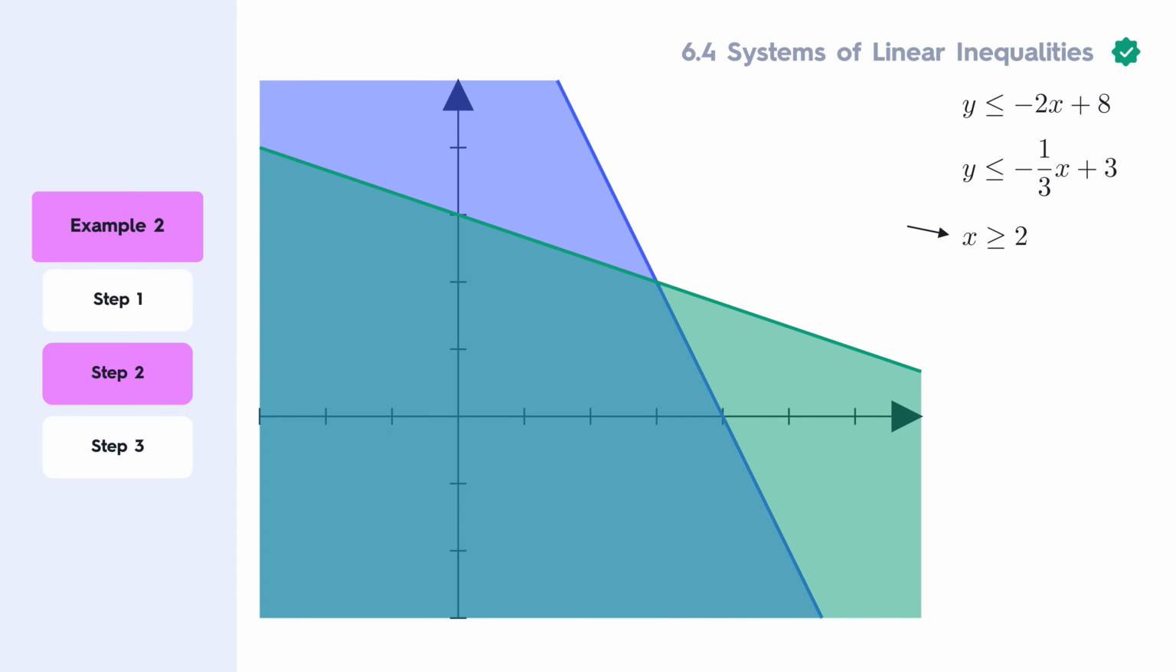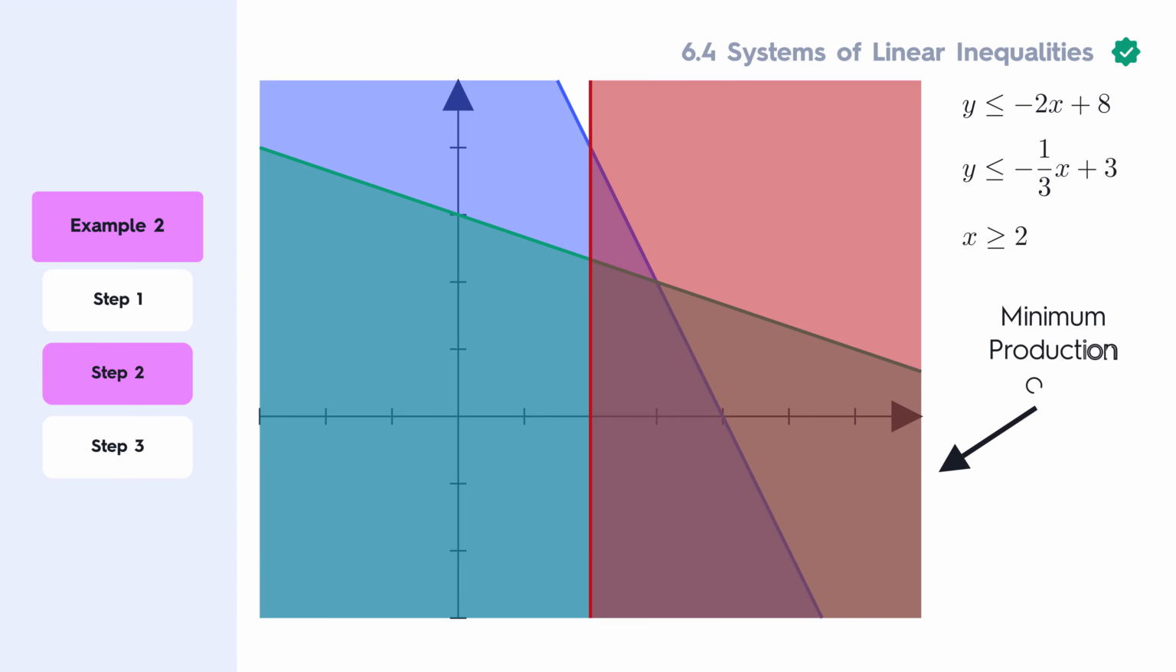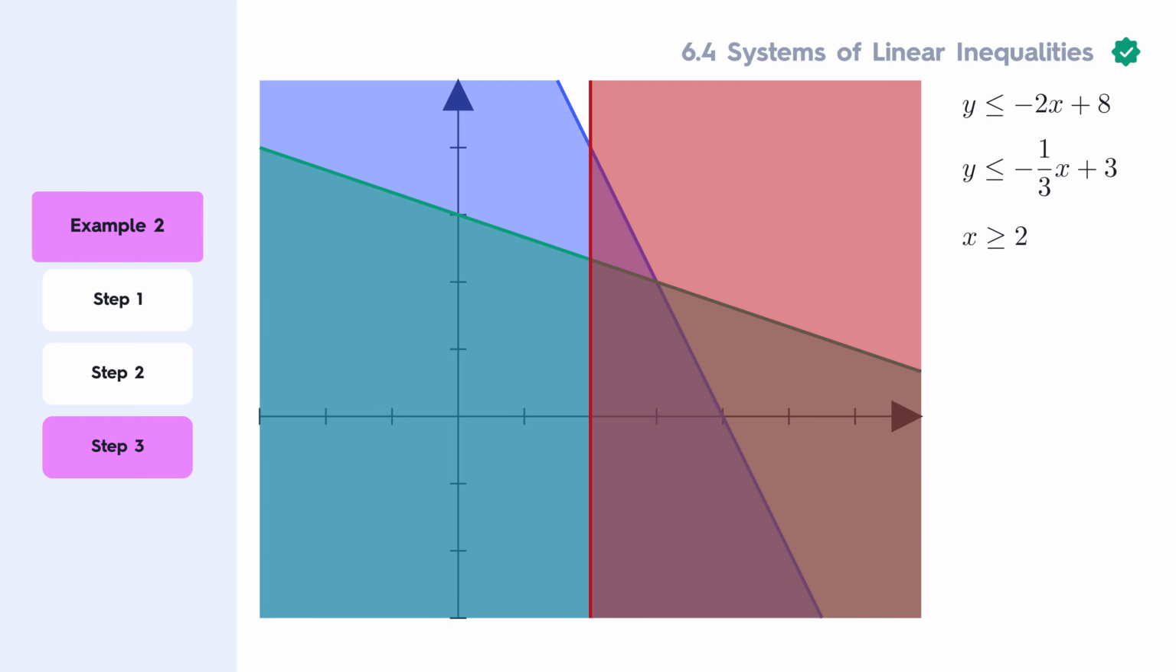Finally, we'll graph the third inequality which describes the production requirement. The inequality x is greater than or equal to 2 represents a vertical line at x equals 2. Since we're looking for values where x is greater than or equal to 2, we'll shade to the right of this line. To find the solution to this system, we now look for the region where the shaded areas from